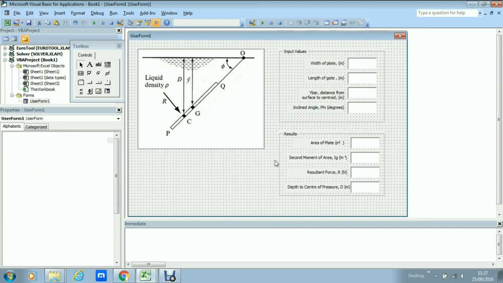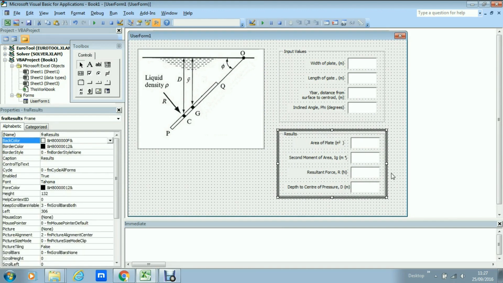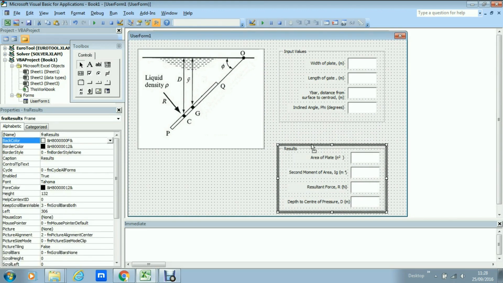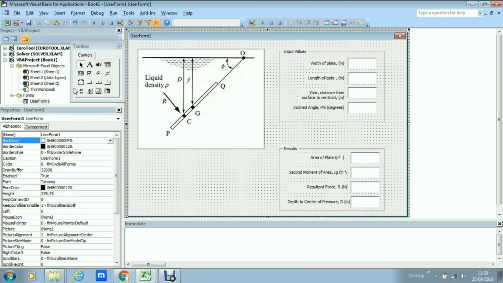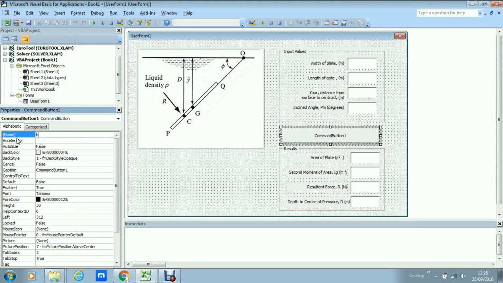I need to select this frame here by clicking on it, just the frame. You can see the broken line comes on the outside, and I move it down because, of course, I forgot to put the command button in, and the command button is here. I select the command button here, and I have to call this btn